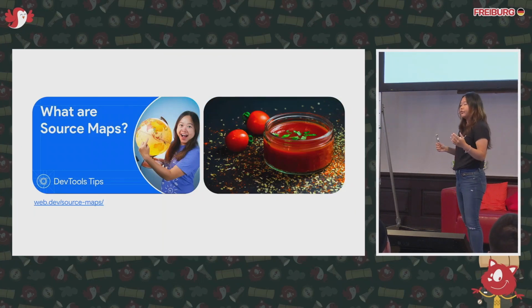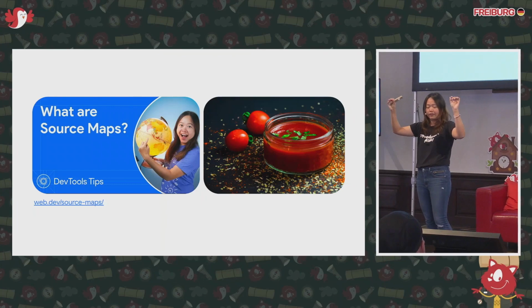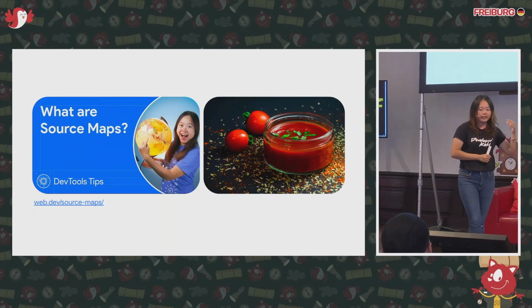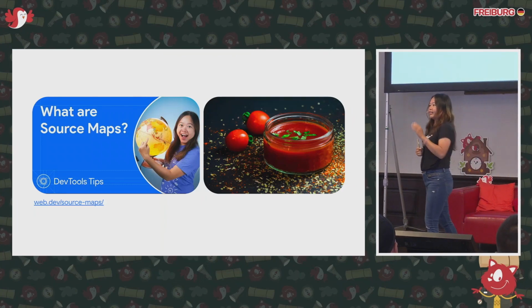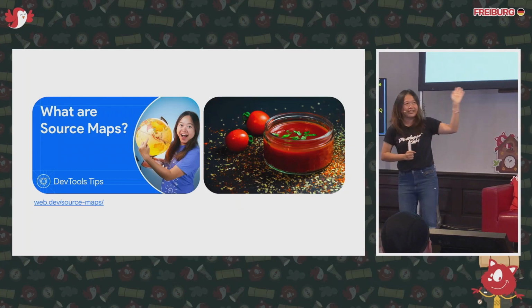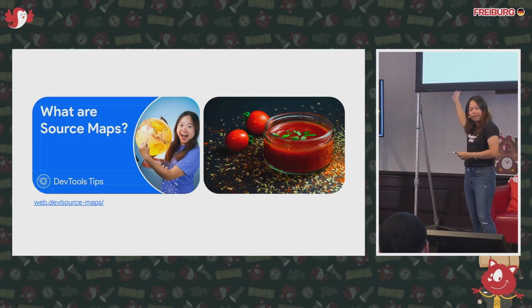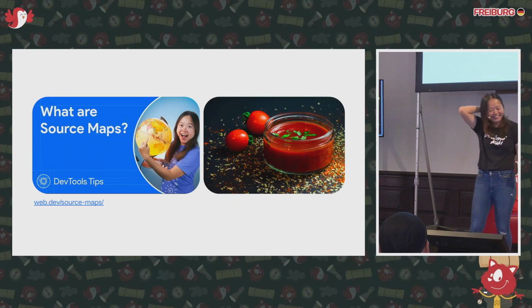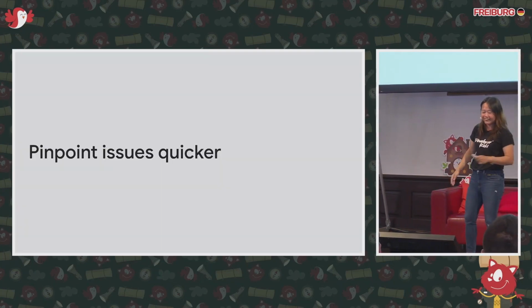OK, if you want to find out more about source maps, like what the VLQ string that I just mentioned is, I have a video that talks just about the source map itself. And if you did not realize, there's a humor in this page. There's this tomato sauce, and there's this map. So there's source map. OK, I see some laughter there, so good.